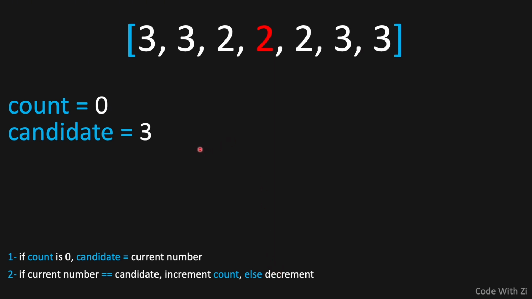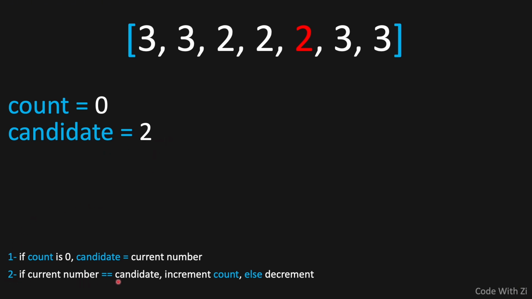And then we're gonna move on to the next round. In this round, our current number is gonna be 2, and we're gonna check if count is 0. Well, count is indeed 0, so we're gonna say candidate is equal to current number, which is our 2 that we have here. So now candidate is equal to 2, and then we're gonna get to the second rule,